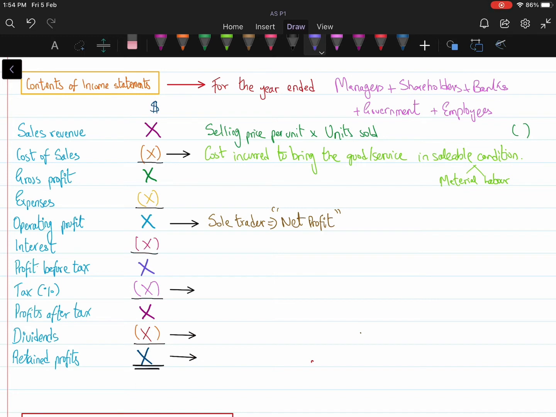And since we are talking about a company right now, for public limited companies, it is mandatory, it is compulsory to pay taxes on their profits. The tax known as corporation tax is a compulsory requirement for all those companies out there. The percentage would obviously vary from year to year. It would depend upon the government's objectives regarding the economy, but nonetheless, it's an important payment. So once you have deducted the tax, you get an amount known as profit after tax, or the amount that is available for the distribution of dividends.